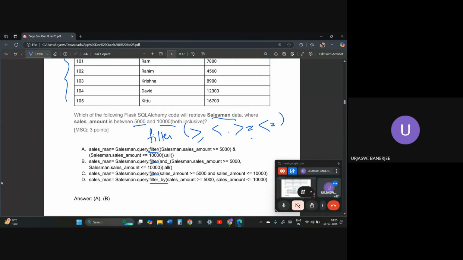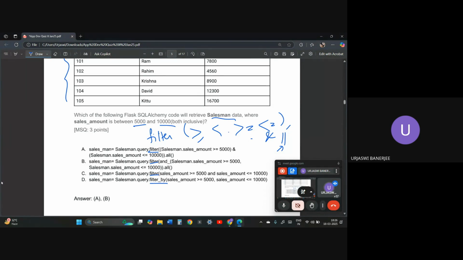Filter_by is more strict, and these are not allowed. Also the logical or, the two pipes, is not really allowed in filter_by.